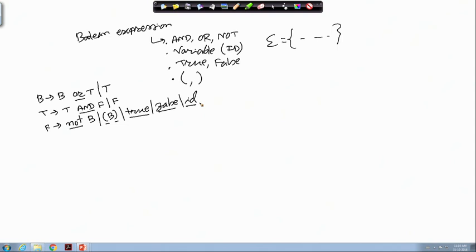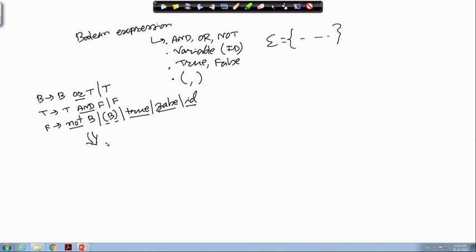So, if we try to construct the predictive parsing or, say, recursive descent parsing, in general the top down parsers, then the first thing that I have to do is to convert it into a grammar so that there is no left recursion. So, here we have left recursion, so that left recursion has to be eliminated.